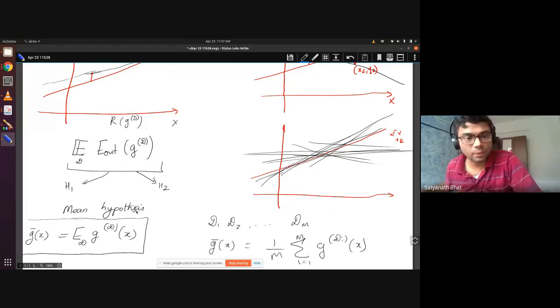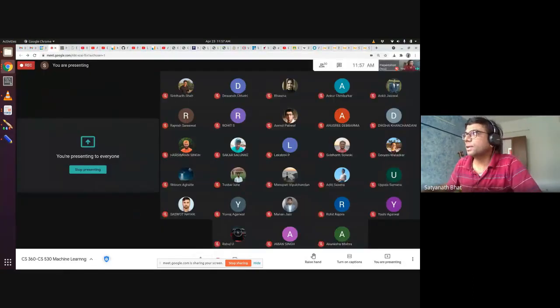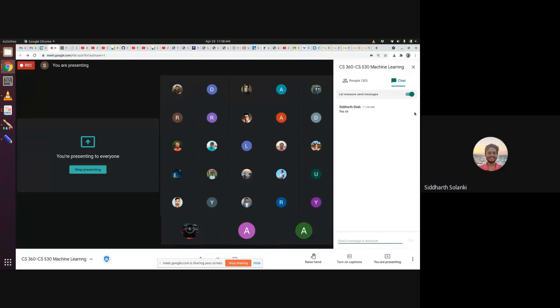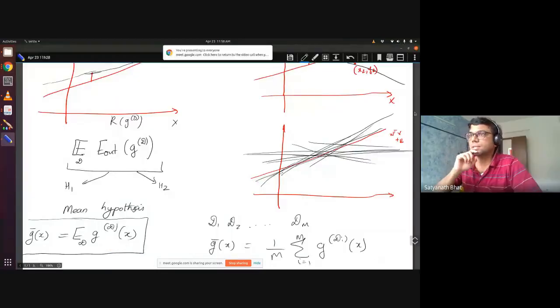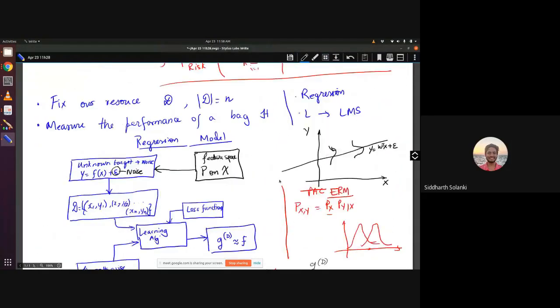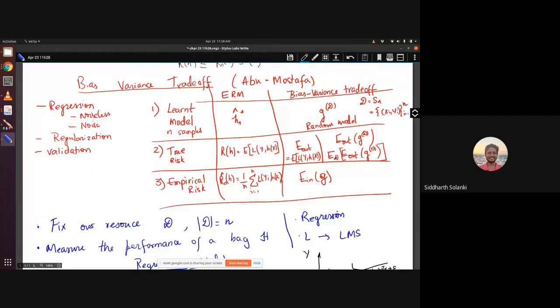Okay. So can I quickly check at this point if people are following? Yes? No? Sir, I had a doubt in the notation. Yes, Siddharth. Sir, we mentioned that true risk is the same as E out. Then I didn't understand, if that is actually the true risk, then that is over the data outside, like in the outside world. So why are we taking expectation over data on E out again?